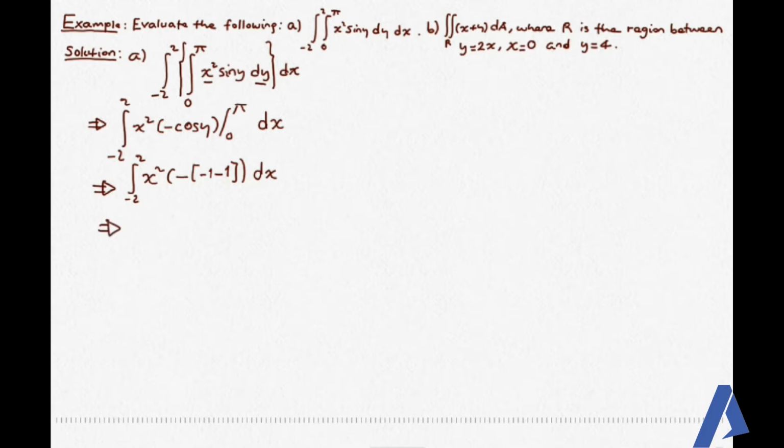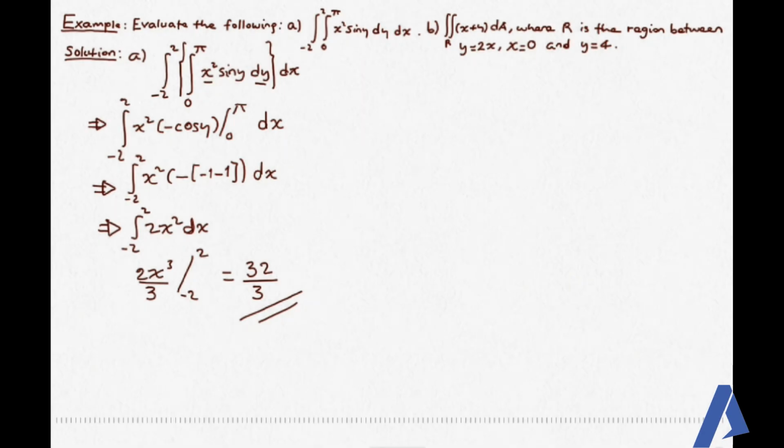So this is the same as saying the integral from -2 to 2 of 2x square dx. This is simple. This is 2x to the power of 3 over 3. We evaluate this from -2 to 2. Then ይህንን substitute አድርገን ስንጨርስ ፋይናል አንሰራችን 32 over 3 ይመጣል ማለት ነው።